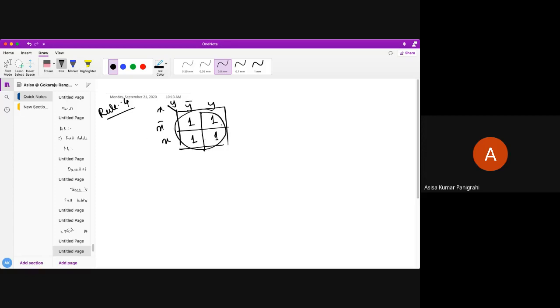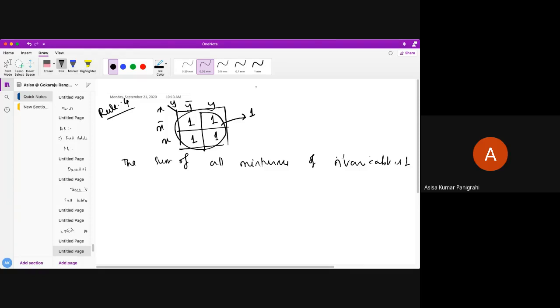The sum of all the minterms of an n variable function is 1. Understand? So this is my rule number 4.